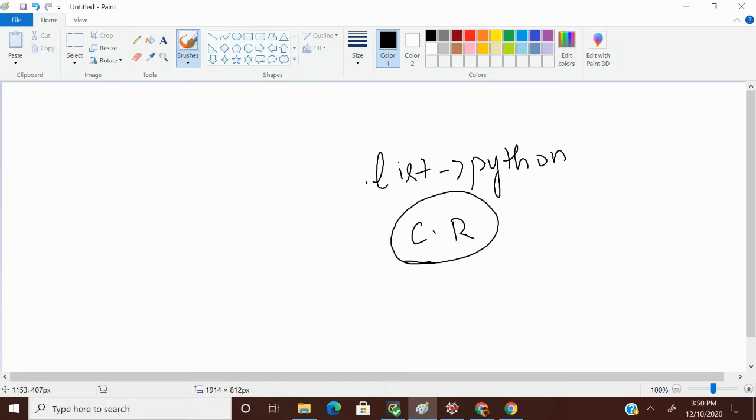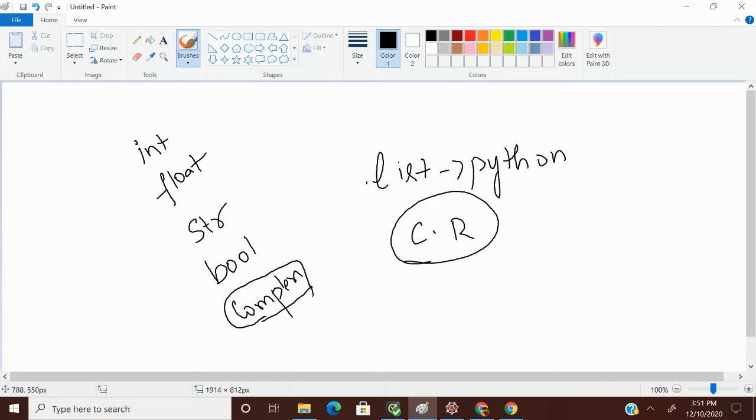Before going to list, I wanted to explain the fundamental data types: int, float. As we all know, we study these from our childhood, so I wanted to give a basic idea about them. String, we call str in Python. Bool, these are boolean values, we call bool in Python. And complex is one of the data types we have in Python. I'm not talking anything about complex because I'm going towards web development.